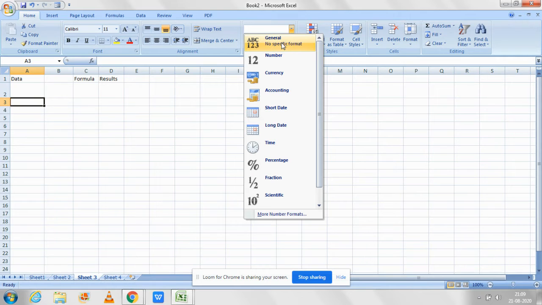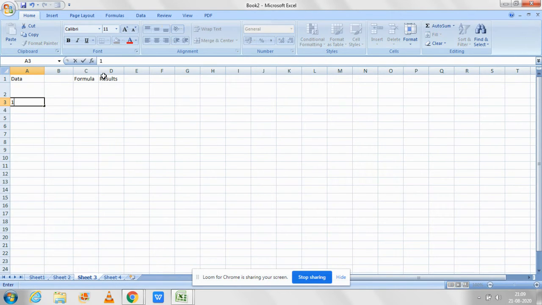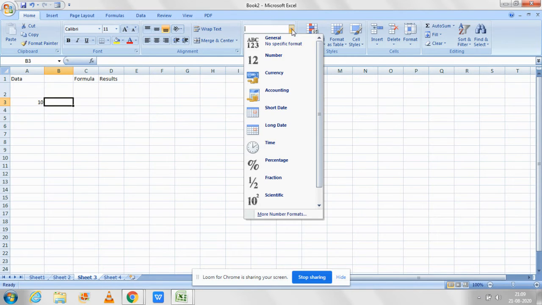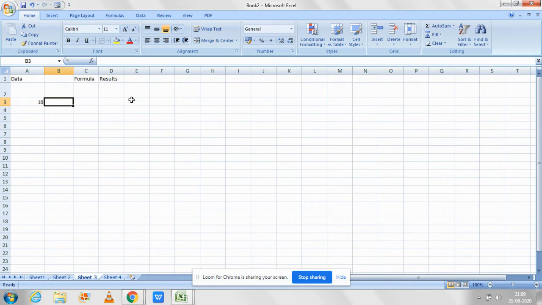If you put the date, only the date column will be there. When I put as a general, then the general number will be there. I have to change this. So this is the most important thing. When you click any of the things, only the particular column will take the specific number that you are opting for here. If you are using the number, so only the number is there. If you are using the date, when you type the number, then it will convert it into a date. So this is the most important thing that we have to do.